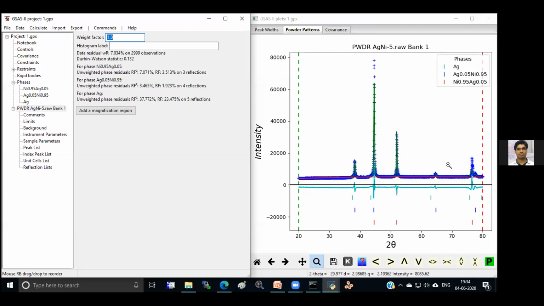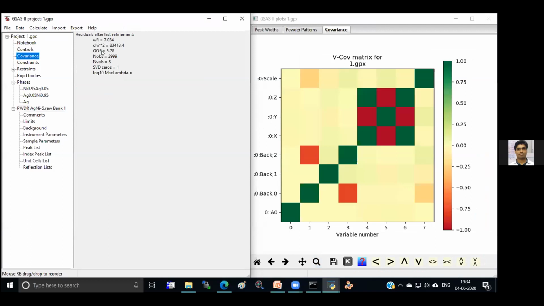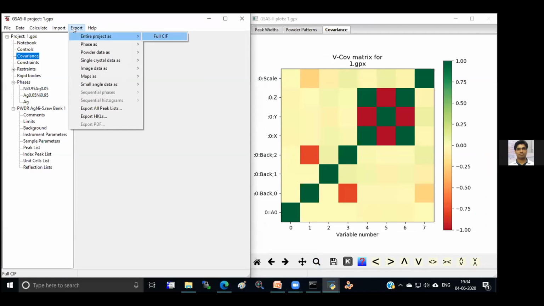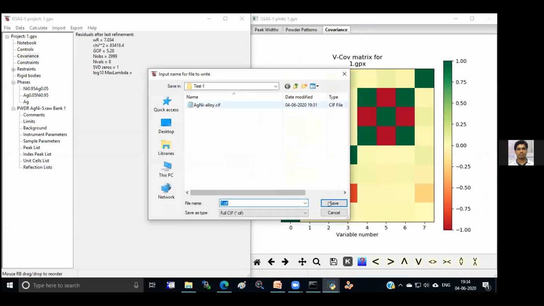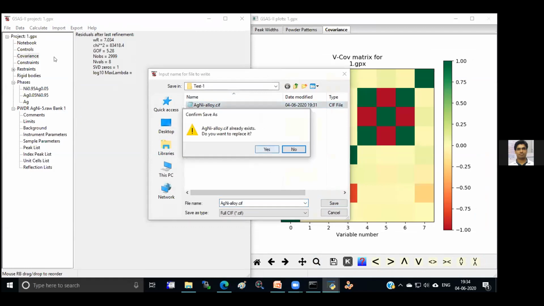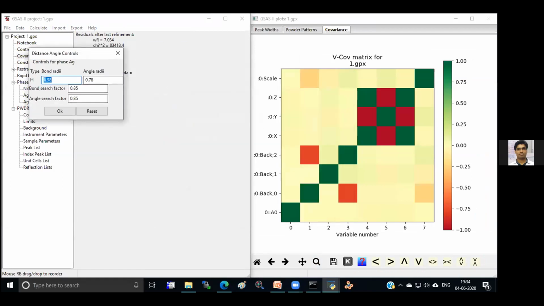After completion of the Rietveld refinement, and after getting a convincing goodness of fit and weighted residual value, you have to export the entire project as a full zip. For that, go to the export option, then entire project as full zip, and just give the name, and there you have to check the radii of the atoms,